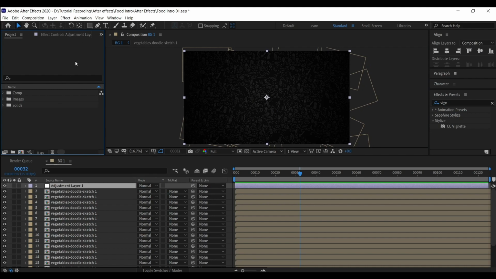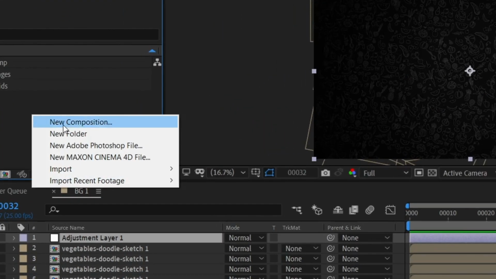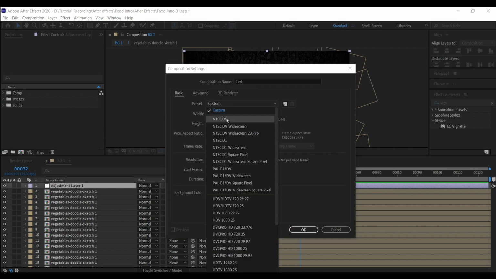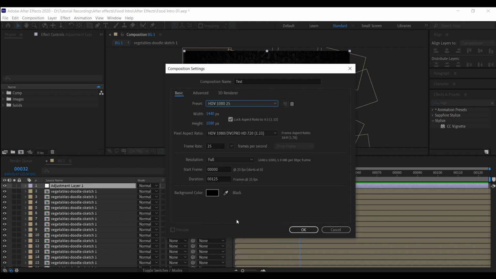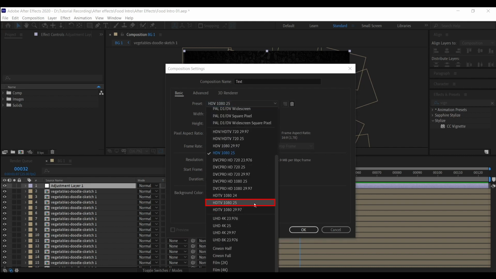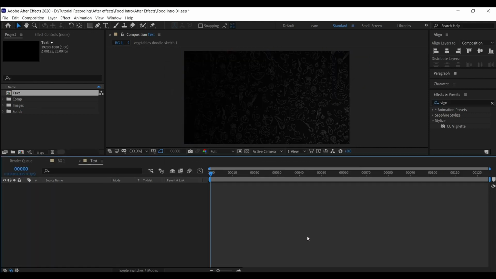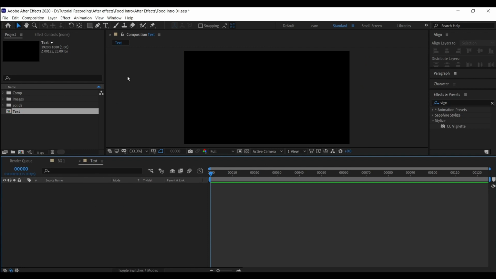Now next, let's animate the text. For the text I'm going to create a composition that is HD, HD TV 1080 at 25 fps with 5 seconds of duration, and inside this I'm going to write